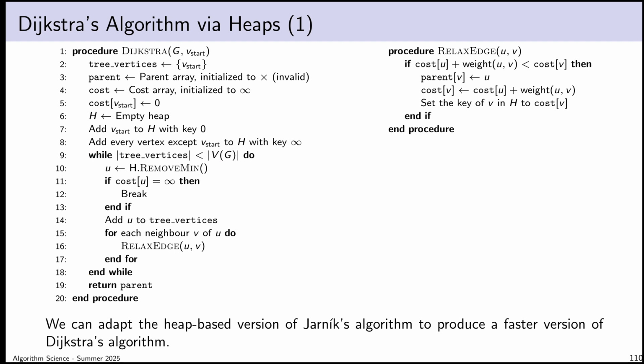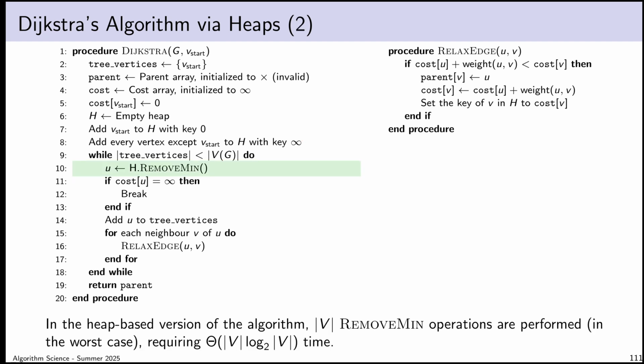And then I add every other vertex to the heap with infinity as its key, because at the moment, before I've initialized my cost table, I don't know how to travel from my starting vertex to anywhere. I'll figure that out when, at the first iteration of my loop, I remove the minimum element, which will have to be v start, because its key is 0 and every other vertex has key infinity, and then I relax its neighbors as usual. So the initialization cleverly folds directly into the algorithm here.